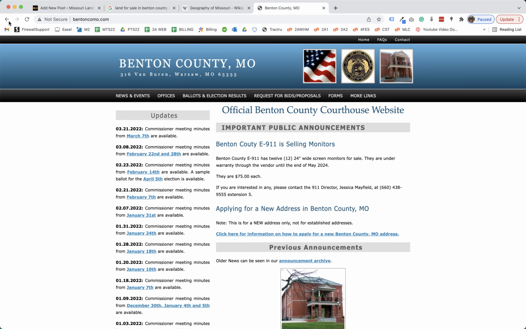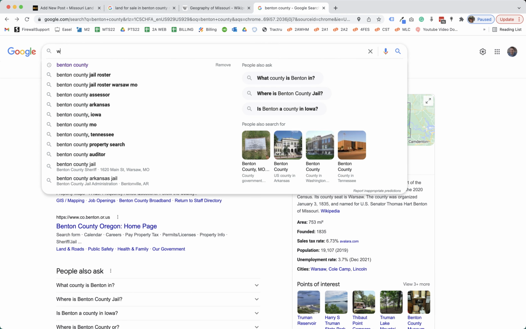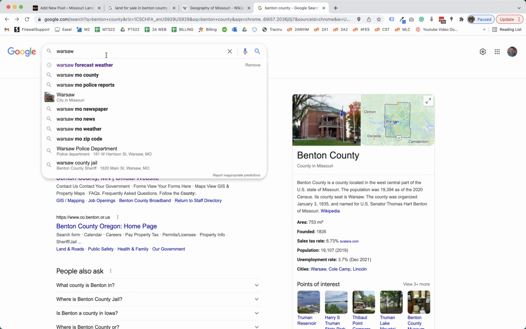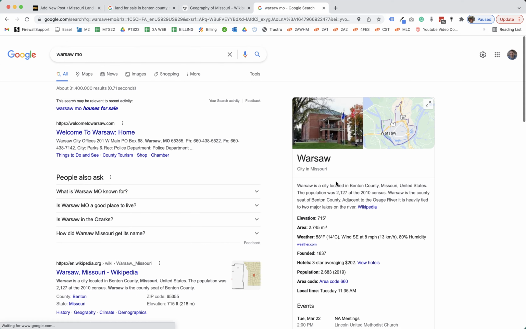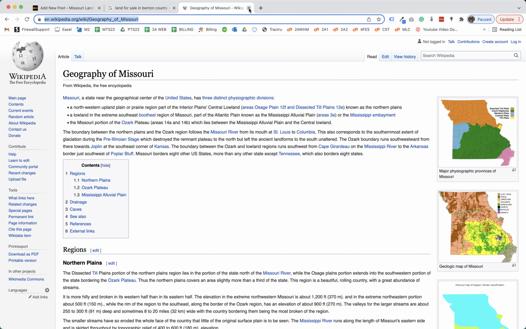So you could link here, you could link to the Warsaw website if you wanted to write about property in Warsaw. You could link to city's Chamber of Commerce's and things like that for external links. But anyway,